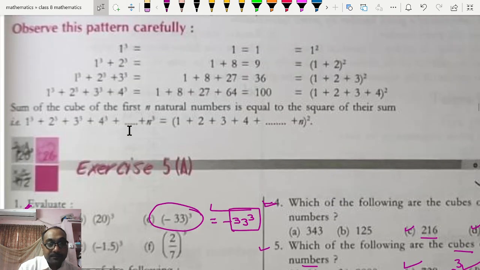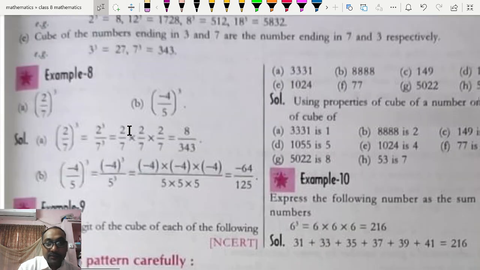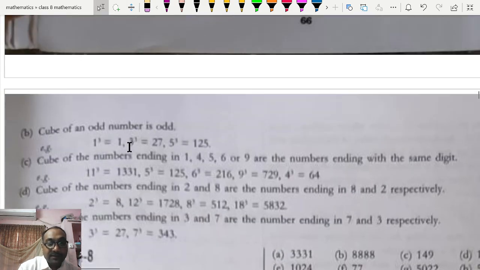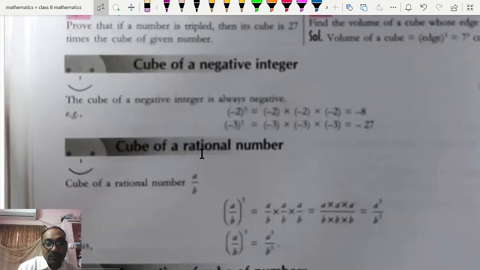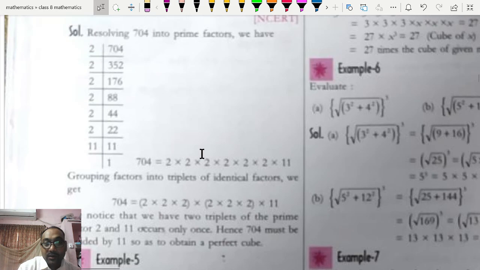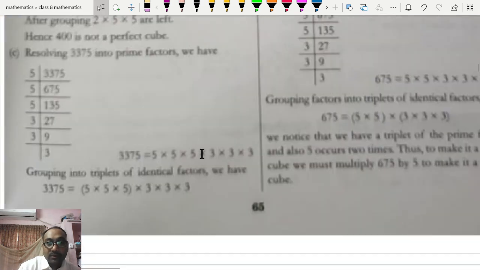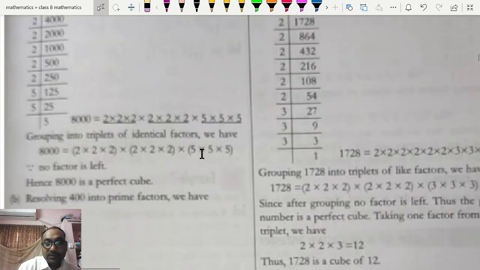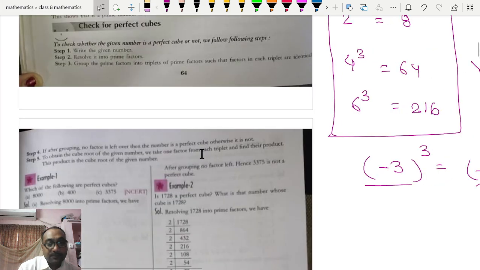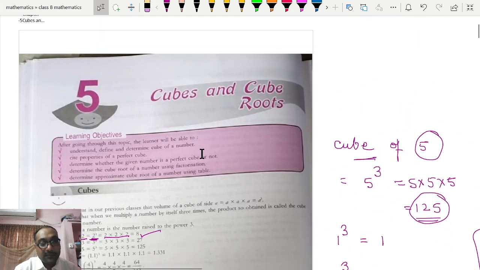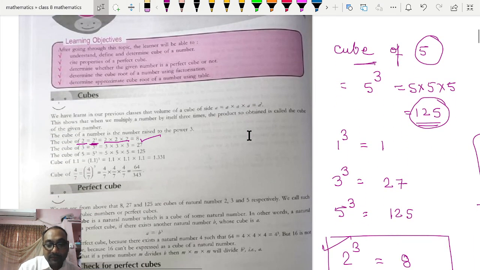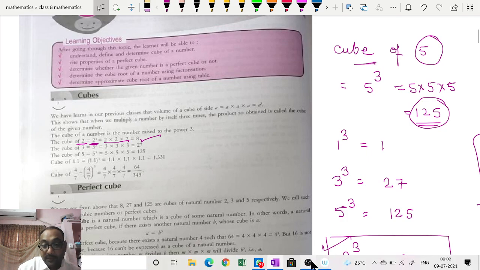Now, this is exercise 5A, and we will be studying many different patterns of the given numbers. But before going to solve all those numbers, we need to learn cubes from 1 cube to 21 cube. Okay, so children, it's a very nice day. It is the first video lecture of cube and cube root, and I am very hopeful that you all will follow it, and this chapter will be started.